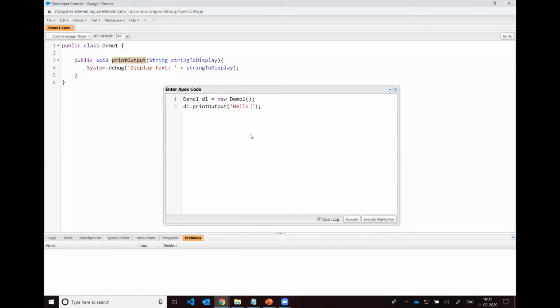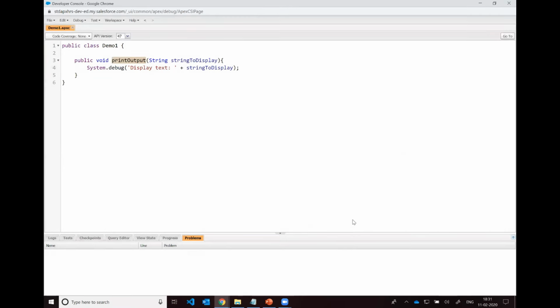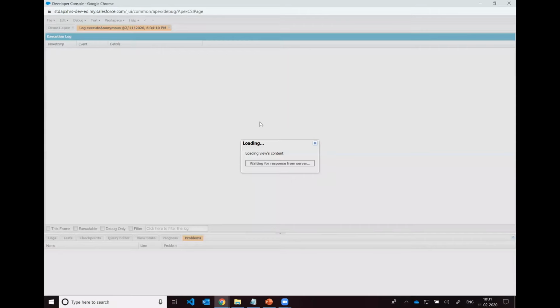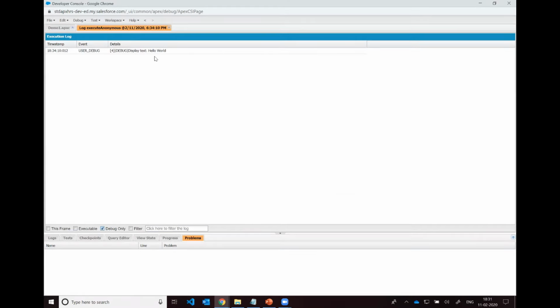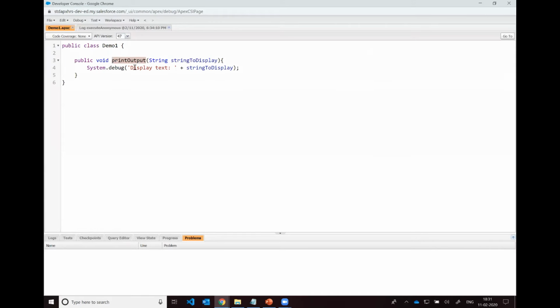So in order to provide a string, all you have to do is use single quotes, and that's how you can add a string literal. And now when I say execute, the program executed successfully and it generated a debug log. Now let's see if the string we passed as a parameter actually got displayed and written to the debug log using the system.debug, which means that when you start using methods, it makes your code more